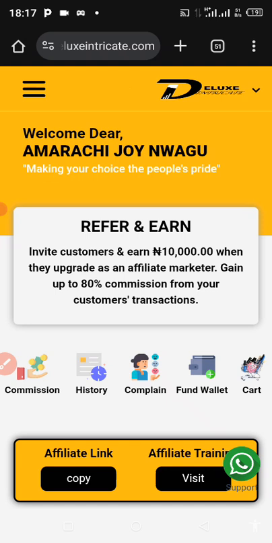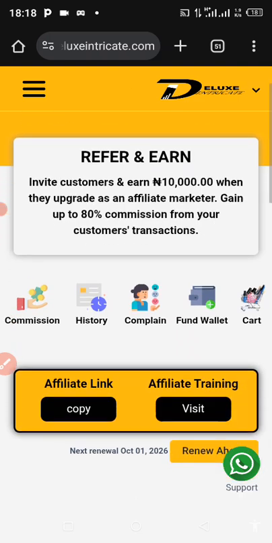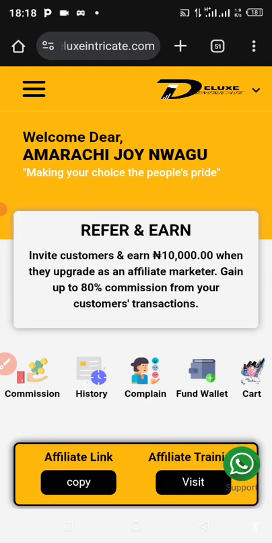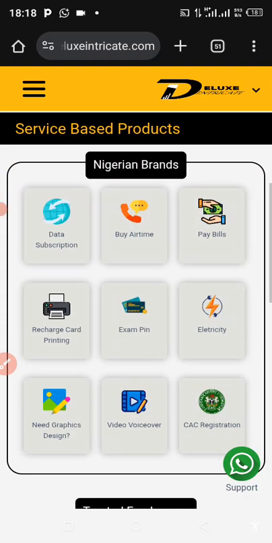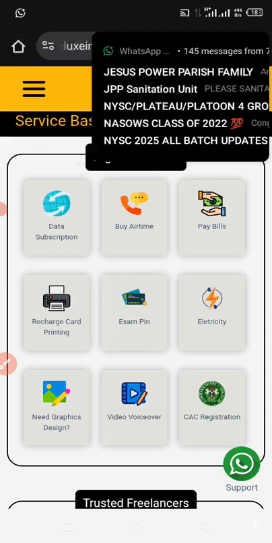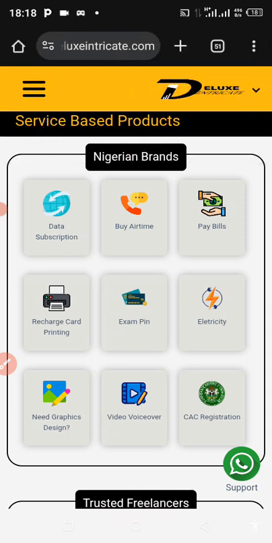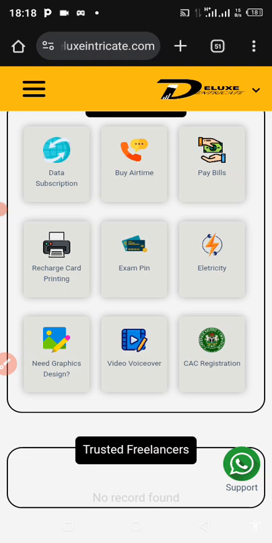Okay, I'll be teaching you how to do CAC registration. Let's get down to CAC registration. As you can see, we have CAC registration here. It's just easy. Click on it. Assuming you want to register, CAC registration is